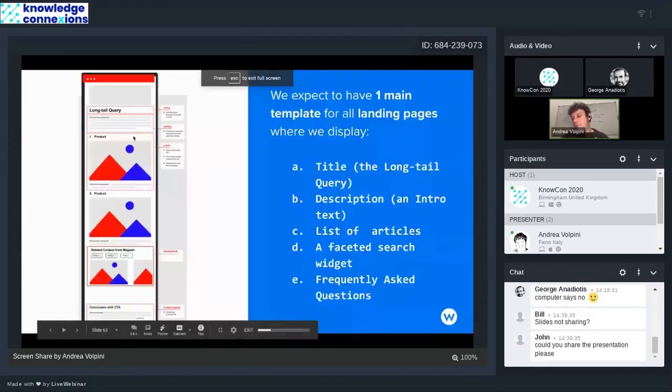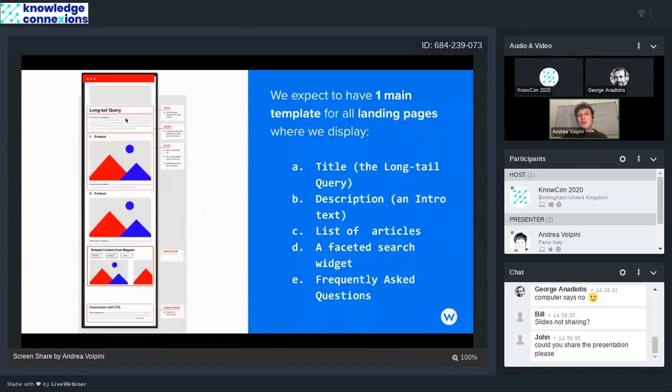So we have the title of the page. We have an intro text for that query, and then we have a listicle. It can be a list of your products. It can be a list of your articles that match whatever we see on Google. And then we have a recommendation tool, a widget that can increase the engagement of the user. And then we have some frequently asked questions about that topic that can also expand the content of